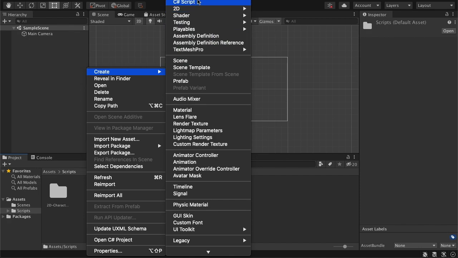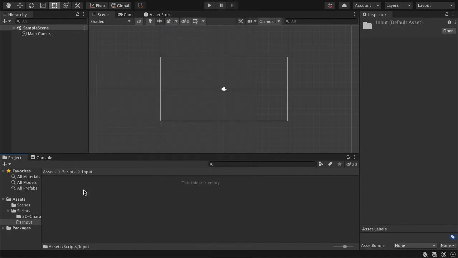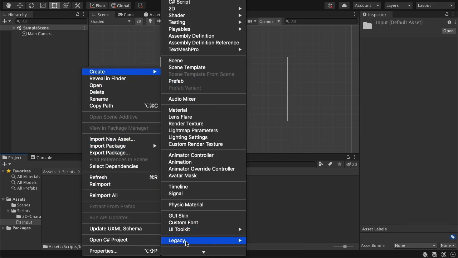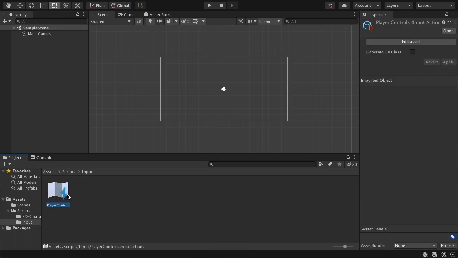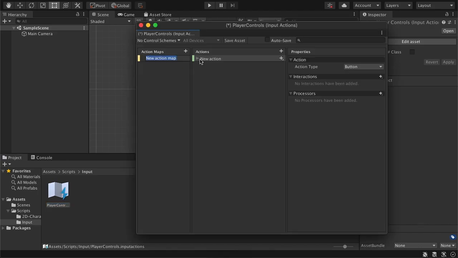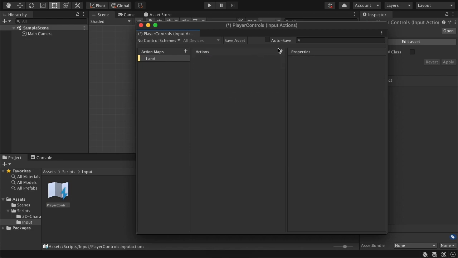So the first thing you're gonna do is create a folder, name it scripts or input in the scripts thing, and create a new action map, input actions, whatever you call it. Then name it player input or controls, whatever you want to call it, it's your choice. Open it up and create a new action map, land, and then in actions, well, delete the first thing, then add another action, name it movement,